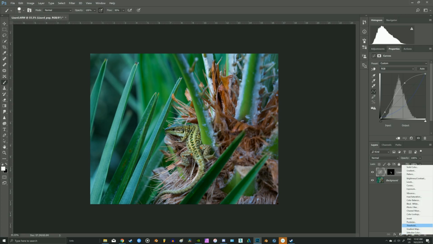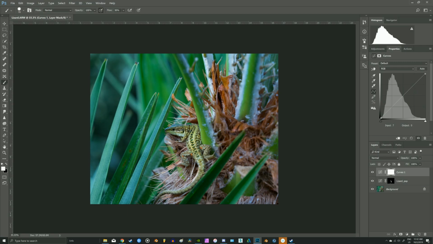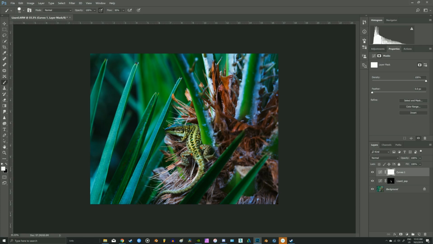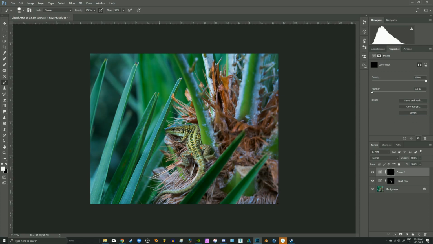Now I would like to add contrast to the leaves of this plant. So I would add curves adjustment and make it contrasting. I will crush the blacks a little bit because it adds that faded, dreamy style, but I will decrease shadows and increase the highlights. Okay, now the very same thing with mask. Press on it, invert or Control I, and now again paint over the leaves. Okay, now if you are happy with the contrast